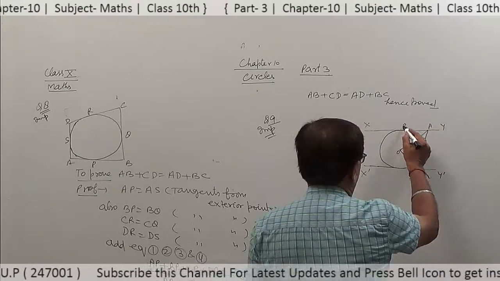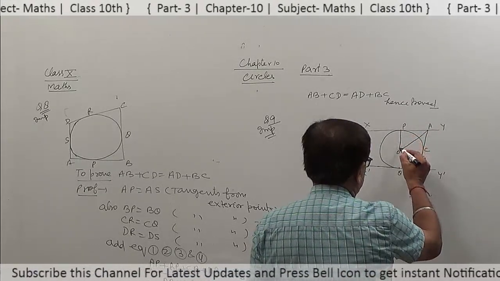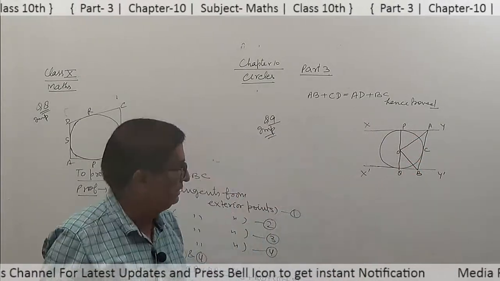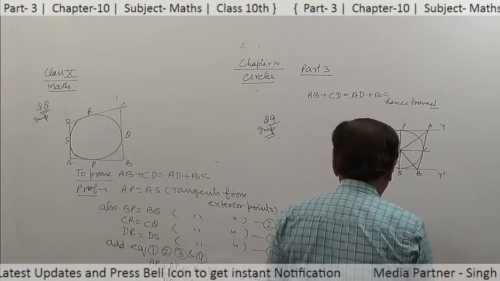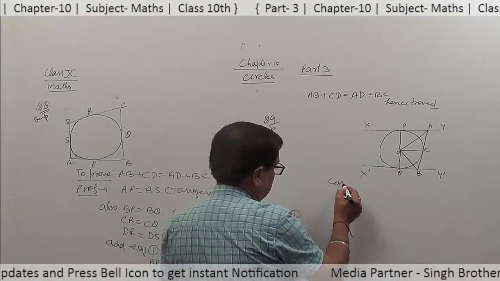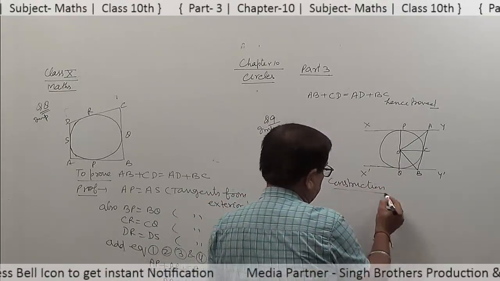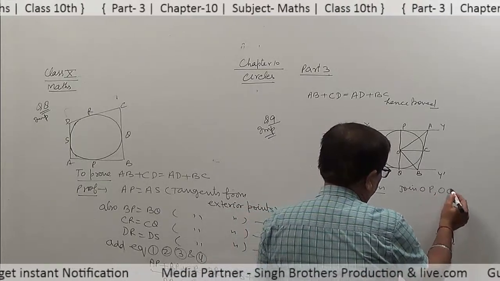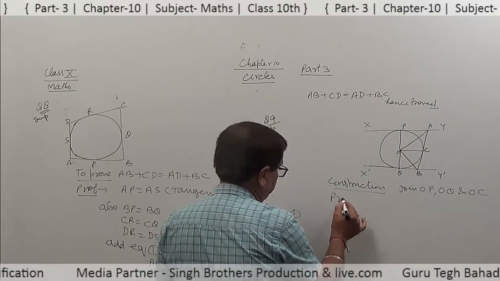This is the point P, this is the point Q. Join OP and OQ, that will be the diameter, and also join OC. Construction: join OP, OQ and OC. Proof: